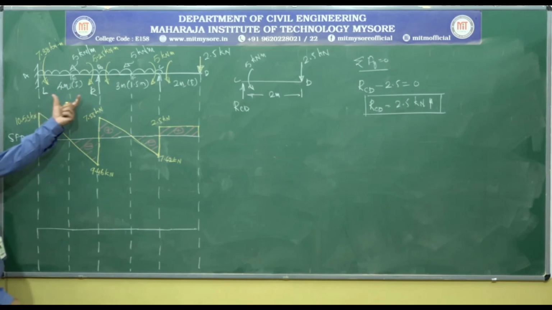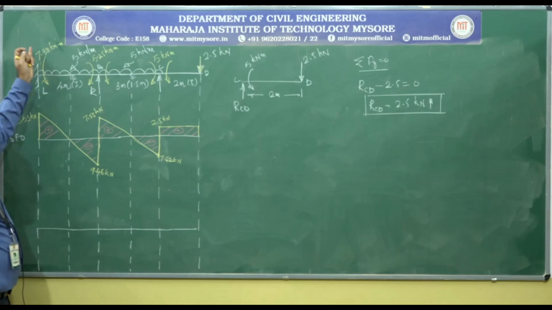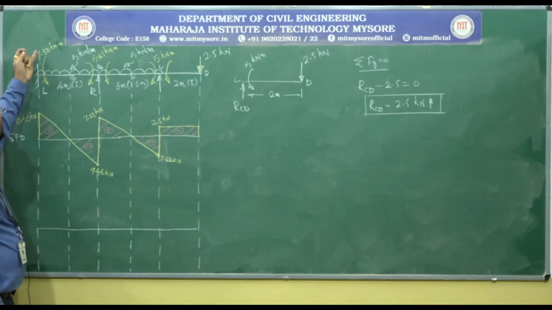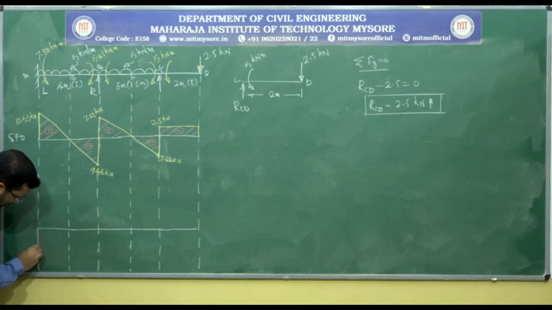For this, on the left side you can see here we have an anticlockwise moment. For this anticlockwise moment, I have to mark the point below the line. Here I am going to mark it below the line,